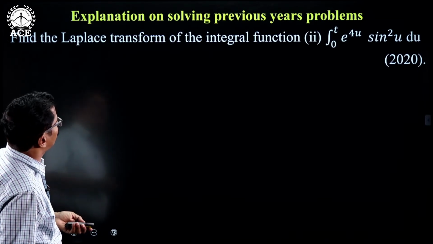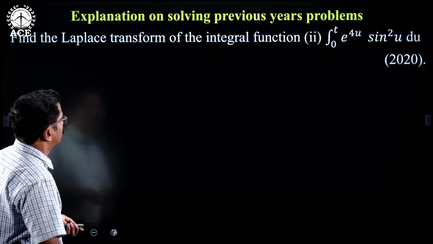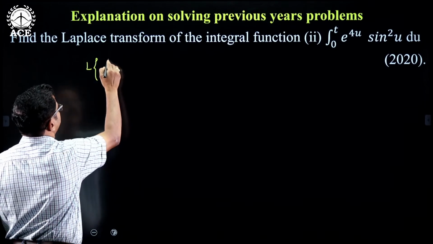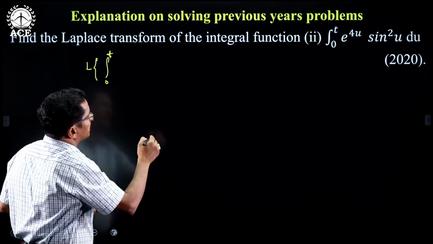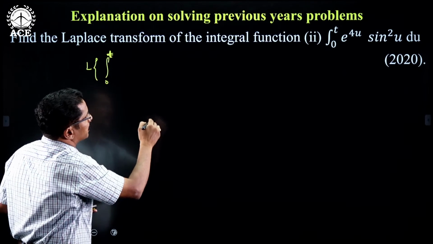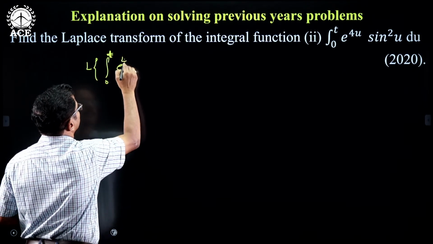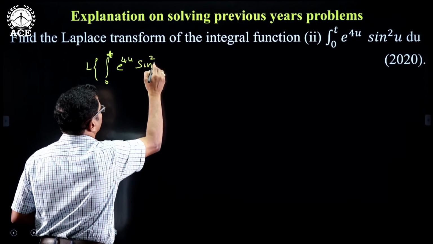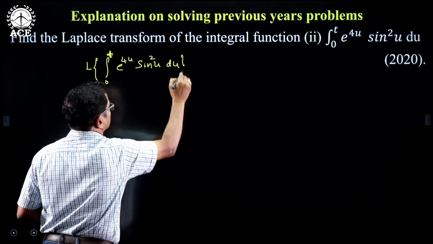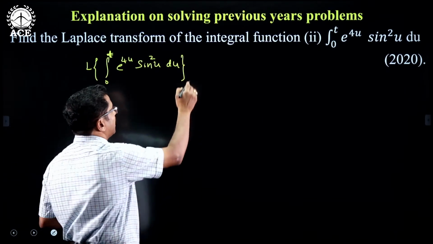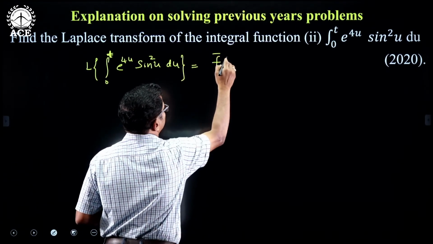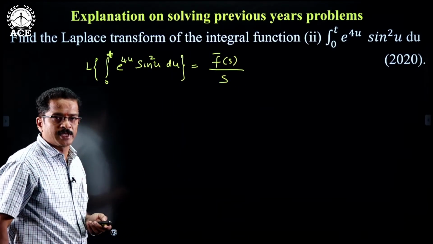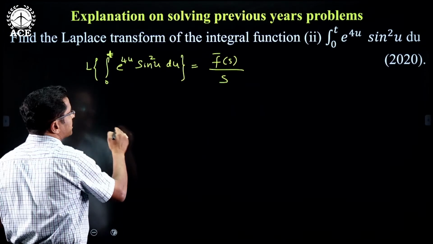So Laplace transform of integration 0 to t e power 4u sin square u du. So we evaluate by using Laplace transform of integrals, that is f bar of s by s, where f bar of s equals